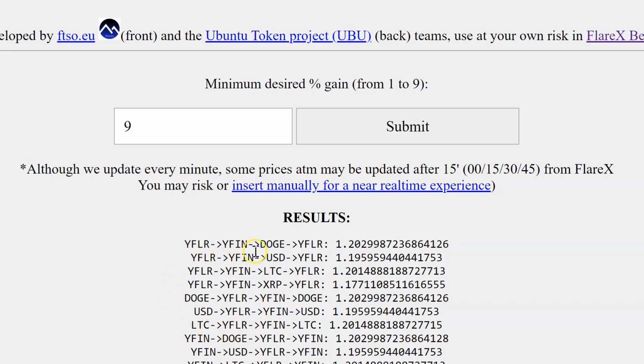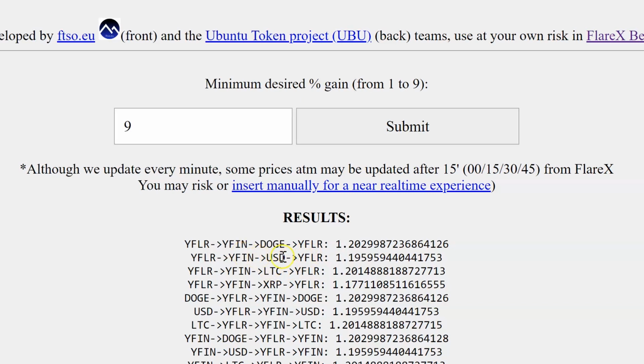But when I was going, and I can't remember if this was the correct order or not, I would go from my WIFIN to LTC to USD to Y flare,